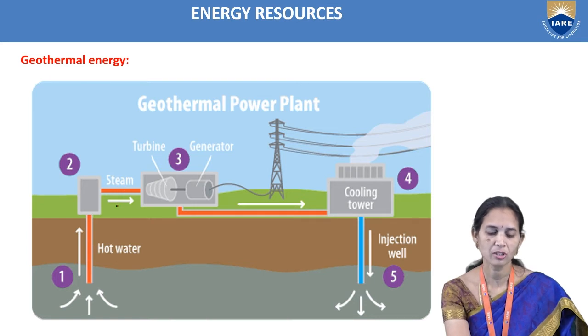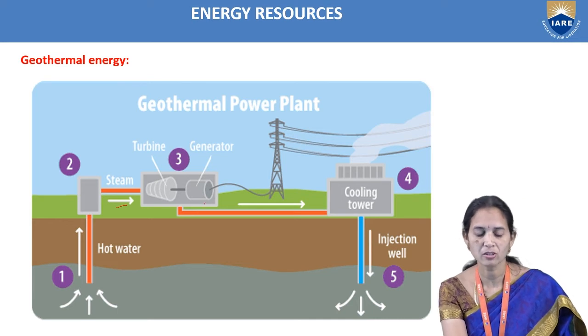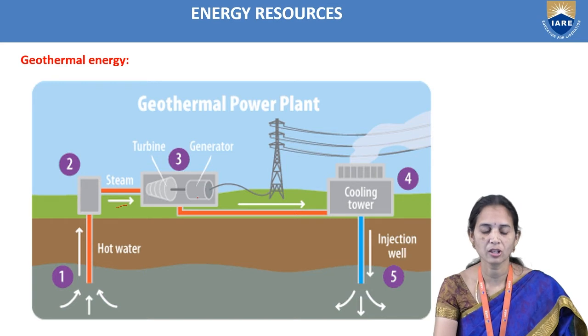So we can collect the steam. We can convert it into steam, and that steam we are passing through the generator where the turbine blades are. By rotating the turbine blades, we produce the energy that we are passing into the generator, where we can convert it into electrical energy. We pass that to the transformer and to the specific locations, and we are collecting the cooling water.